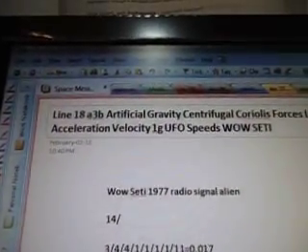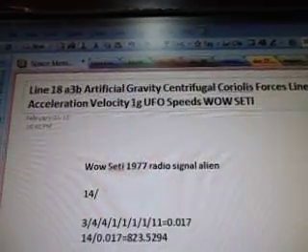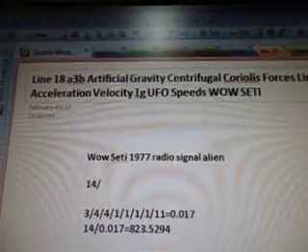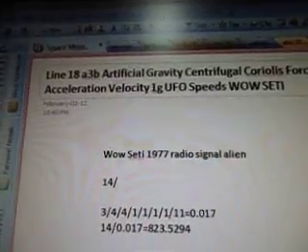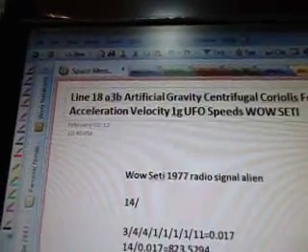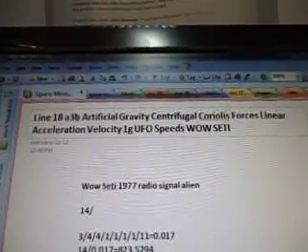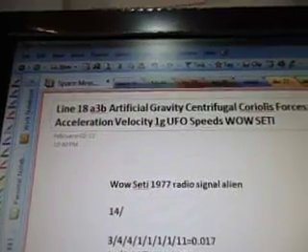Okay, so this is part 2 of line 18A3. There's going to be a lot of parts to it. It's going to go all the way up to line 13A3H so far, as of February the 4th when I'm filming. That's where I'm at. So this one's called line 18A3B, Artificial Gravity, Centrifugal Coriolis Forces, Linear Acceleration Velocity 1G, UFO